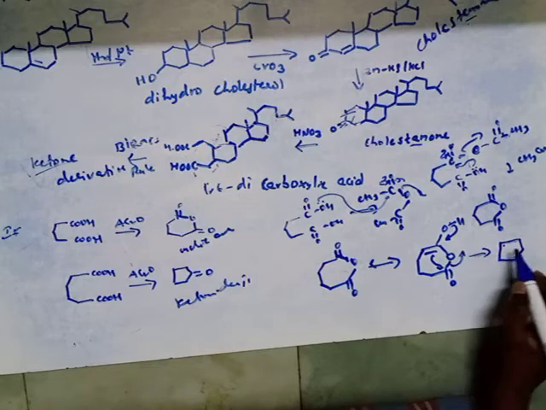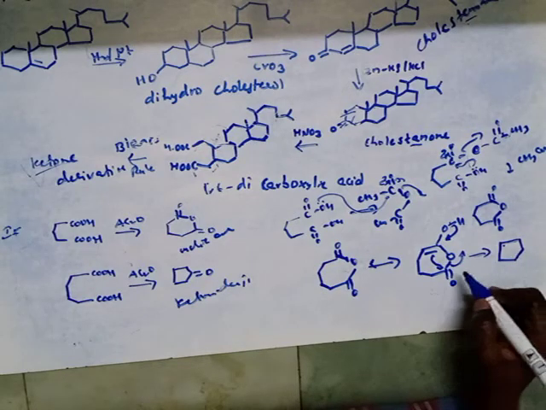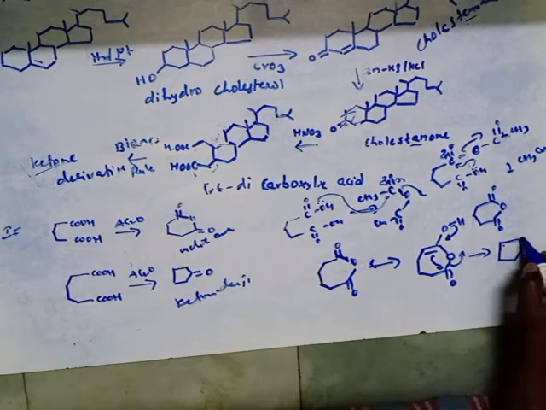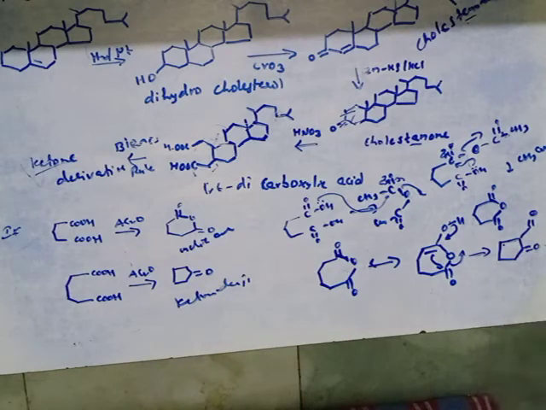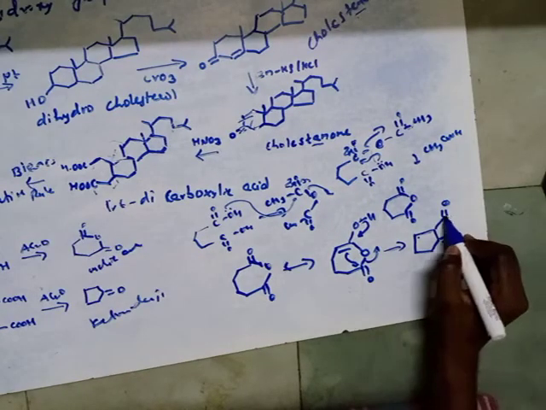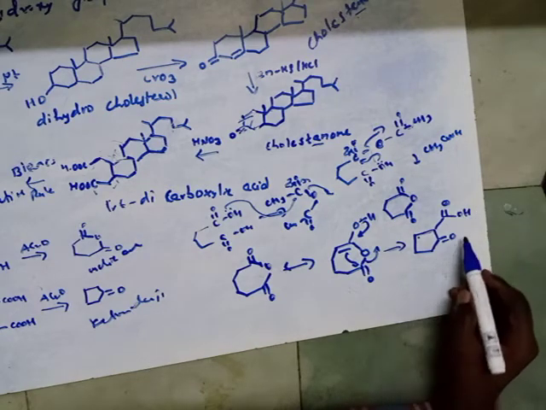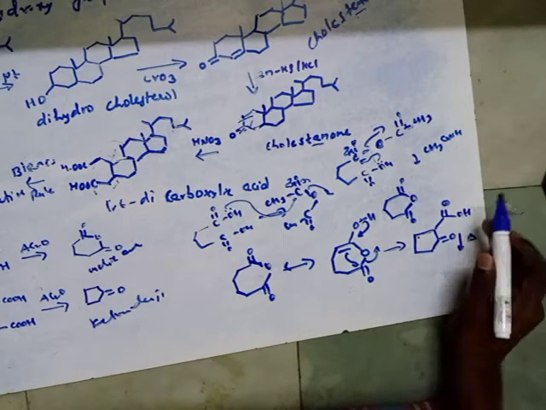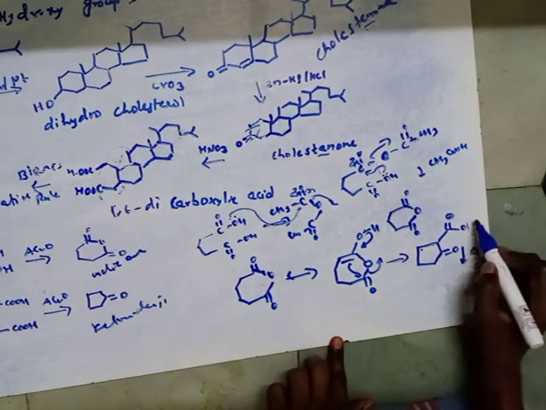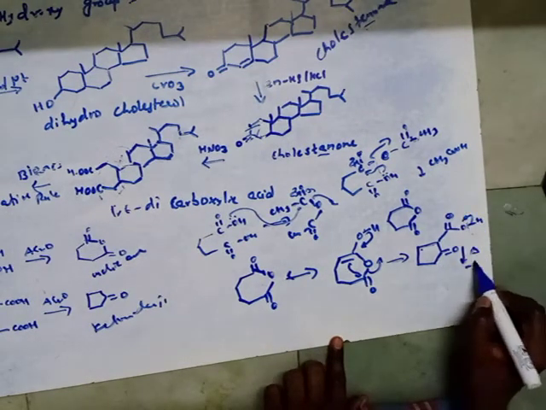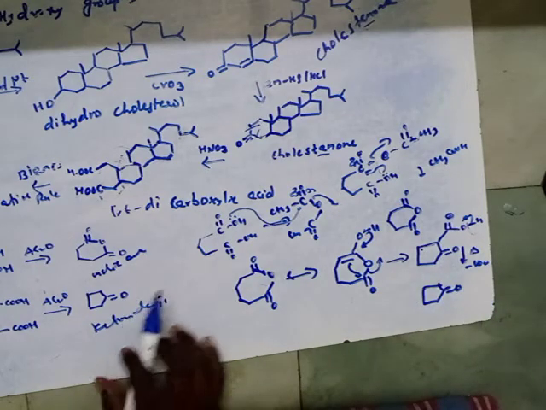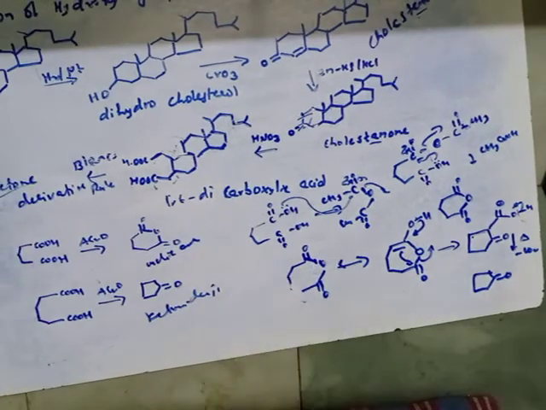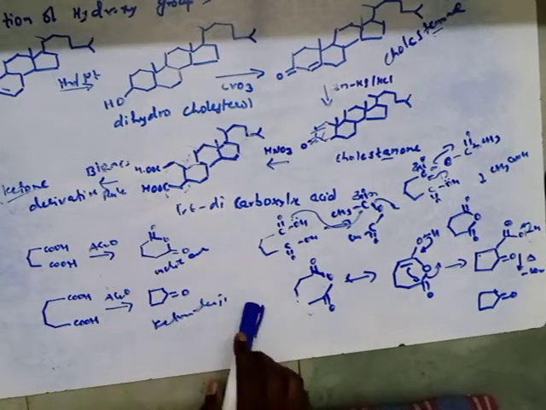1, 2, 3. This is the double bond, this bond is cleaved, so it will be C double bond O. Here C double bond O will be expressed. See here, just wait. Here OH. Okay, then it will undergo heating, then loss of CO2 takes place to form this ketone derivative. Okay, this is Blanc's rule.